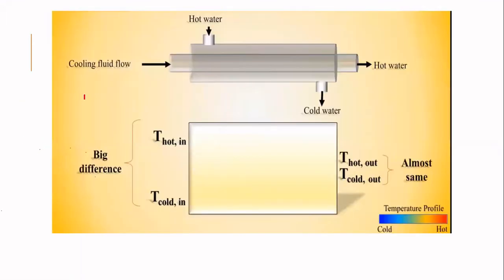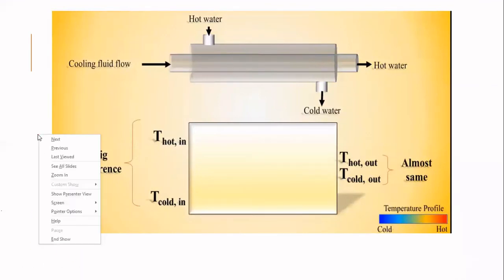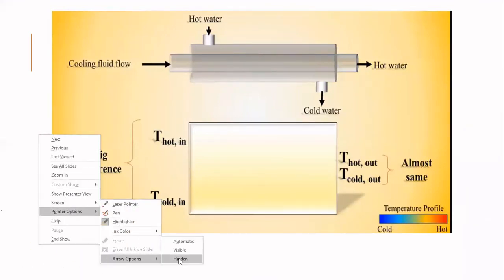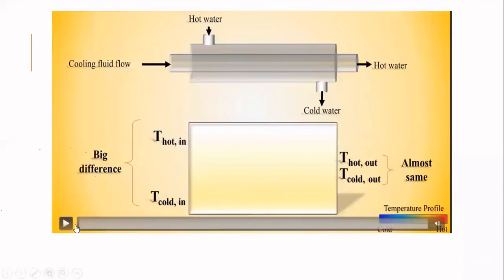Now, here again we have one animation. Here you can see that hot water is entering in this direction and cold fluid is flowing in the other direction. And this is the arrangement. We have got two different tubes. The tubes are concentric. We have one tube of a smaller diameter and one tube of a larger diameter. The tube of a smaller diameter is placed inside the tube of larger diameter, and both the tubes are concentric. Is the arrangement clear to everyone?